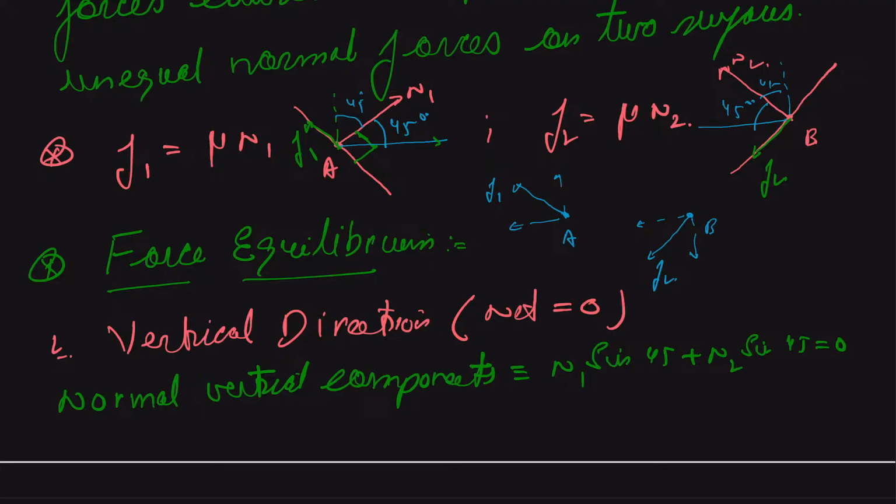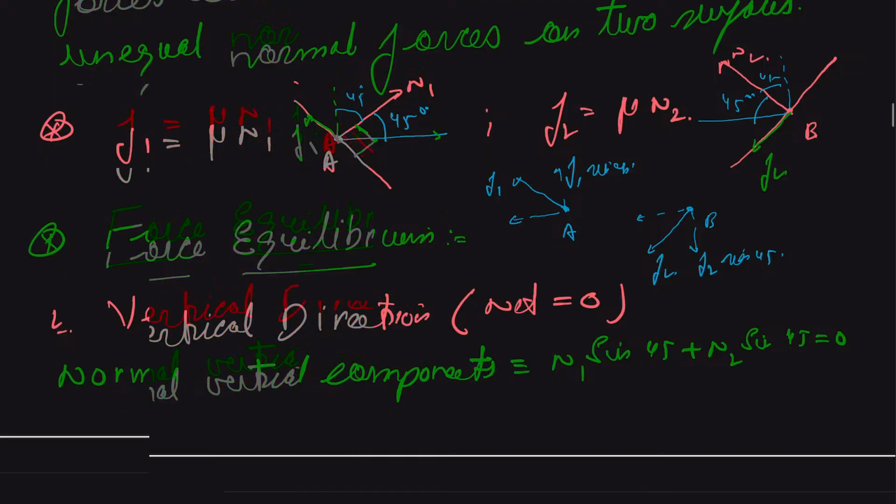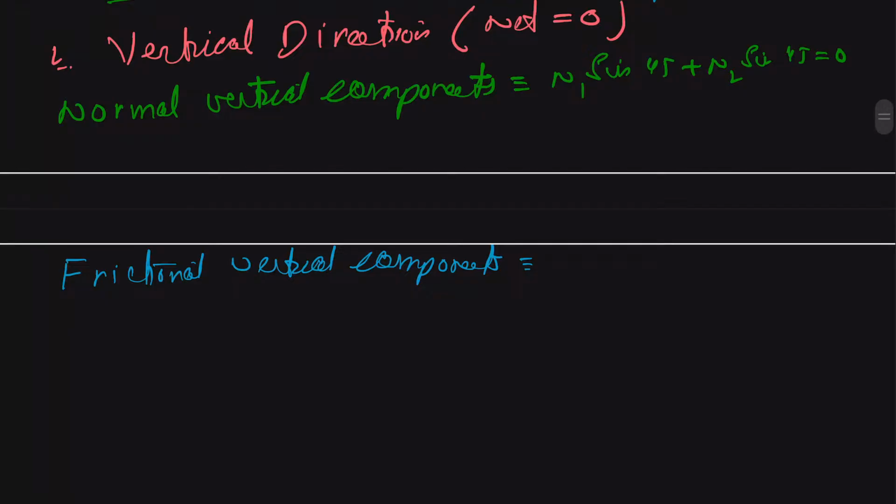So we can clearly see that its vertical component will be entirely in the opposite direction. So we can say this will be our F1 sine of 45, and this will be F2 sine of 45. Okay, the other one will be our cos. Therefore our vertical components will be coming as F1 sine of 45 minus F2 sine of 45. This we can add later on. Now we can find out